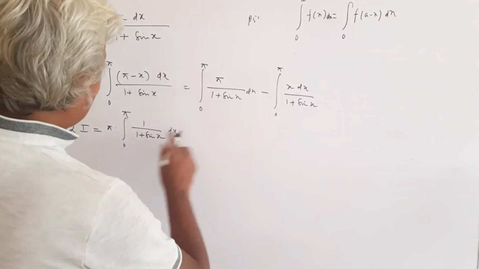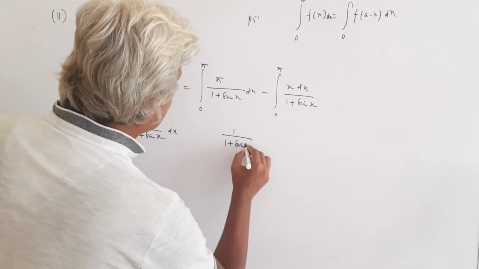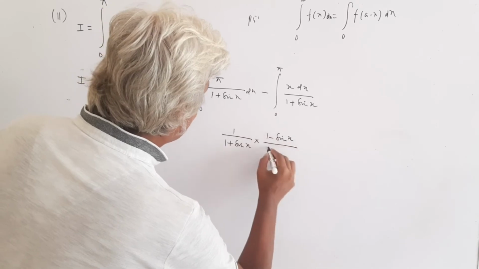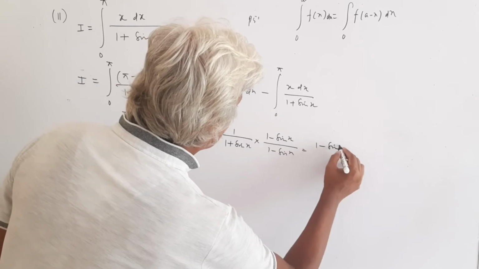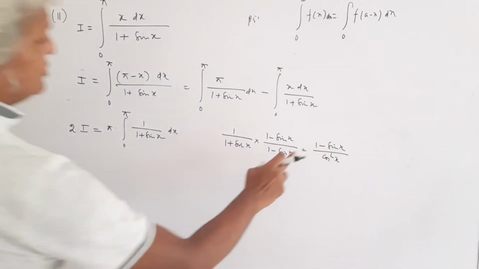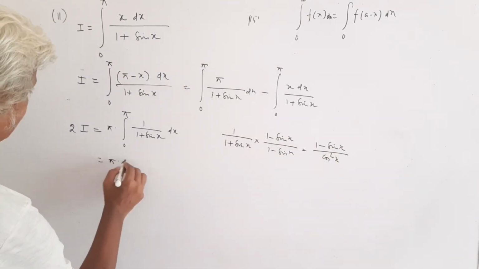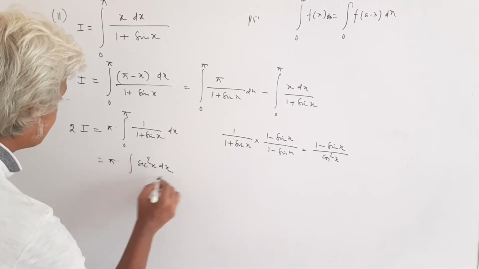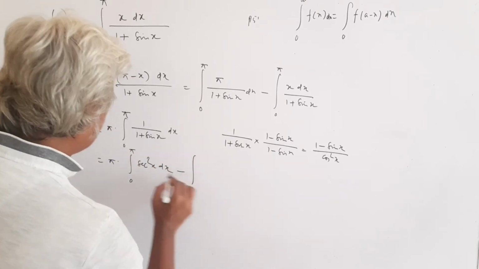And then you multiply 1 over 1 plus sin x by 1 minus sin x, up and down. So 1 minus sin x, and this becomes 1 minus sin x over cos square x. So this gives you sec square x and this is sec x tan x. So write pi times the integration of sec square x dx, that is 0 to pi, and minus integration of